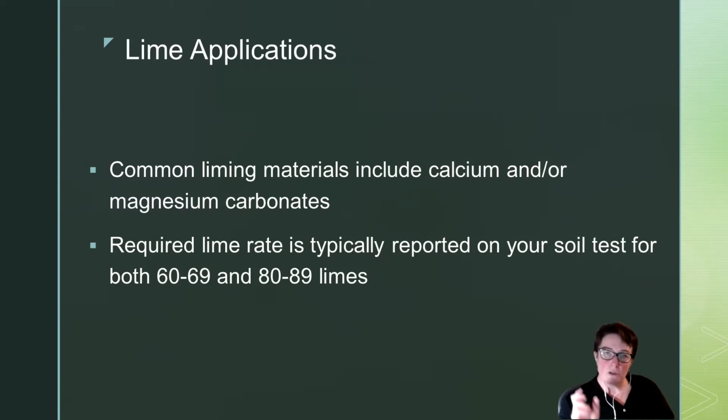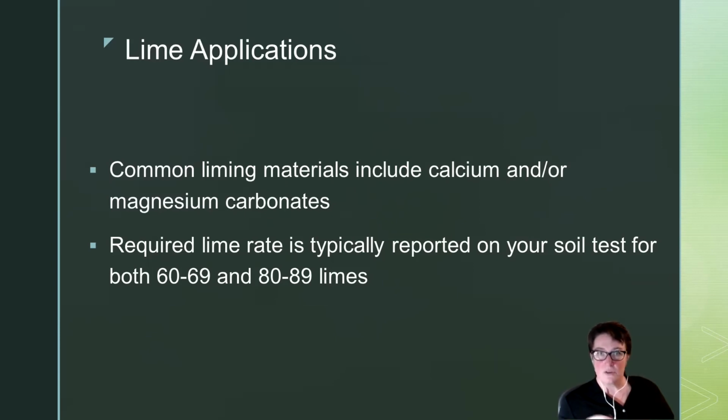So it's important when we look at these lime applications that we use a lime. Products such as calcium chloride and calcium sulfate, also known as gypsum, are not liming materials. Limes must contain a base cation, but also neutralize acidity. So gypsum, for example, contains calcium, contains that base cation, but the sulfate portion doesn't neutralize that acidity and pH doesn't change. It's also important when we're looking at our potential lime options that these materials must be applied